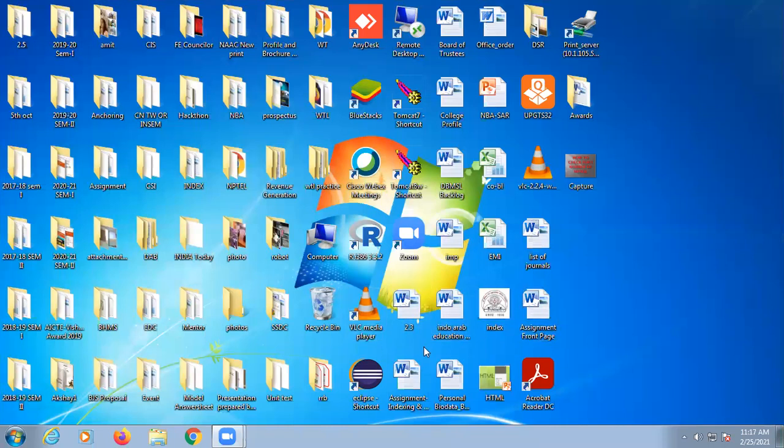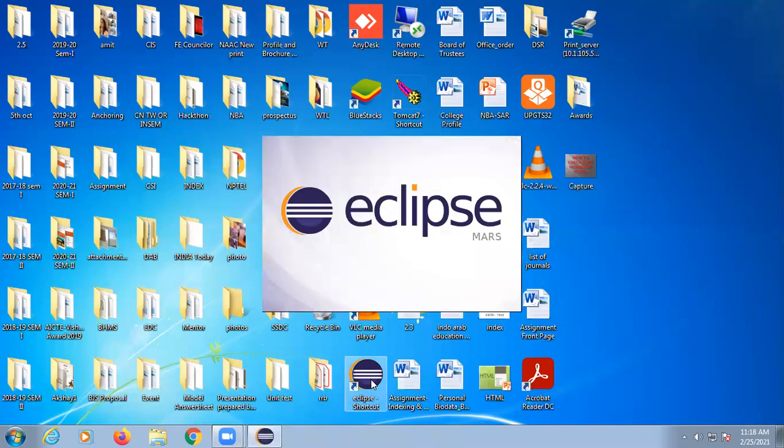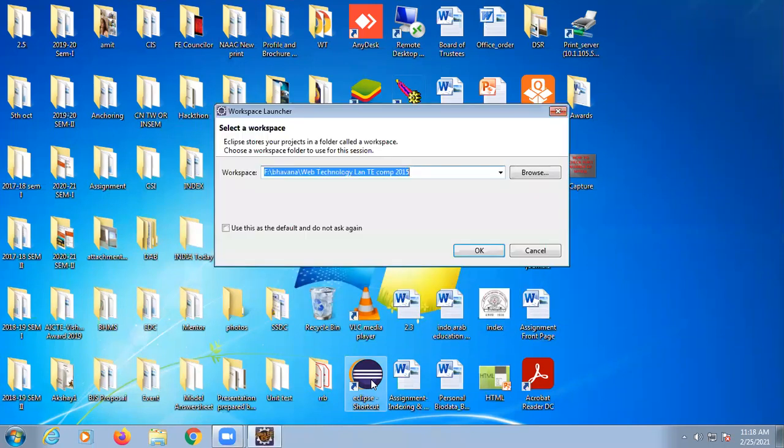So for that you require Java in your machine, and we are going to run it in Eclipse, and you require Tomcat to be available on your machine. If you don't know how to install Tomcat, check out the description box where I have given a link on how to download and install Tomcat on your machine. So first be ready with Tomcat and an Eclipse version; it can be Mars, Luna, Kepler, any version you can use.